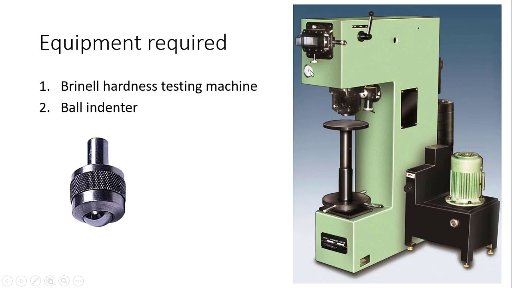This is the measuring device which measures how much the ball indenter has gone into the sample material. Then there is a profile projector, through which you can see how much impression the ball indenter has created. This is a ball, so it has a diameter. How much diameter of impression has been made onto the surface of the material can be watched or measured through this profile projector. Practically you can see it here.